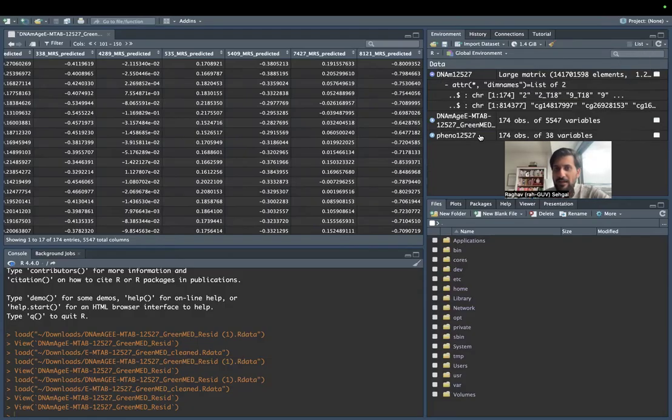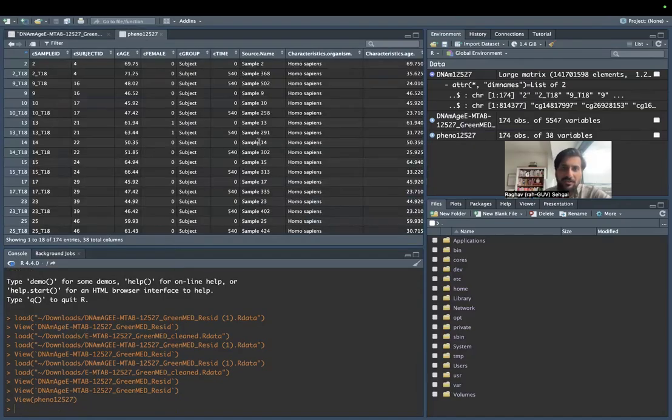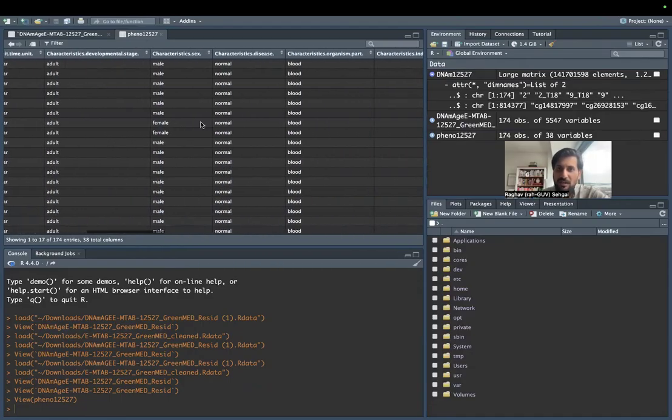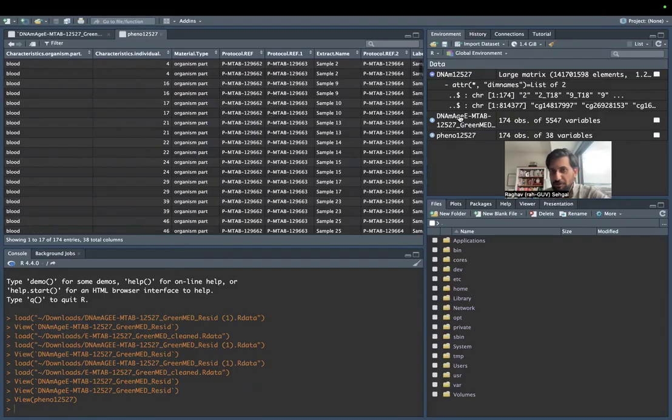And then, of course, we have the phenotypic file, which has the same sample ID, subject ID, female, group, and time columns, but also has all the other phenotypes that I had initially mentioned, which were used in the resid column. So if you really want to replicate our analysis in any way,